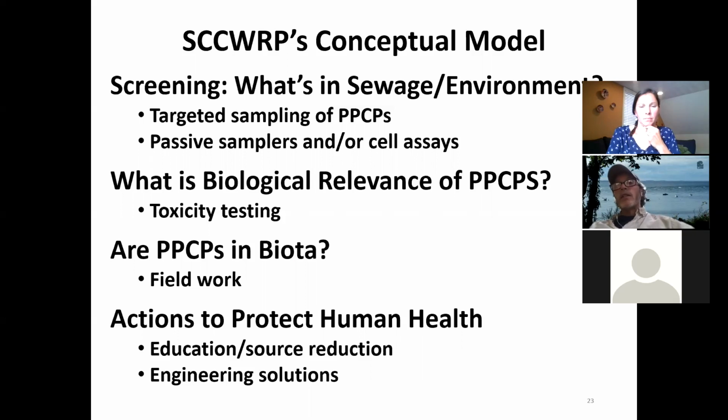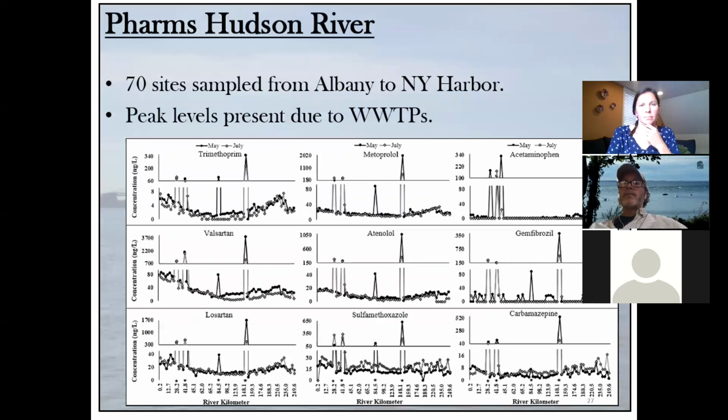And then lastly, and I think Jill is going to speak about this, what are the actions to protect human health? What's the outreach that we can do to help at the source prevent these things from getting into our environment in the first place? Next slide. So now the next few slides, I'm going to show some work that came from Mark Cantwell,